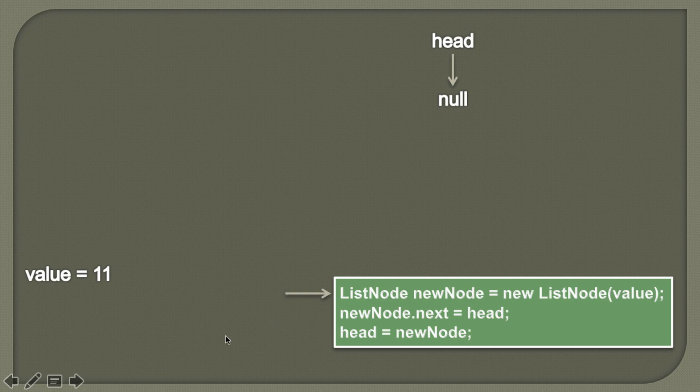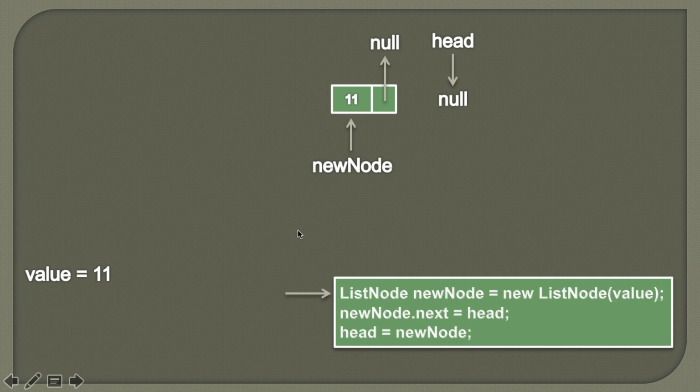So when we call this method, we pass in the value as 11. So friends, as we want to insert this node at the beginning of a singly linked list, what we do is first we create this new node. And in our previous tutorial we also saw how we can create a new list node. We usually create a new list node by passing the value into the constructor. So here a new list node will be created by the name new node whose value will be 11. So it would look something like this. So here you can see the new node is pointing to this list node whose data is 11 and whose next is pointing to null.